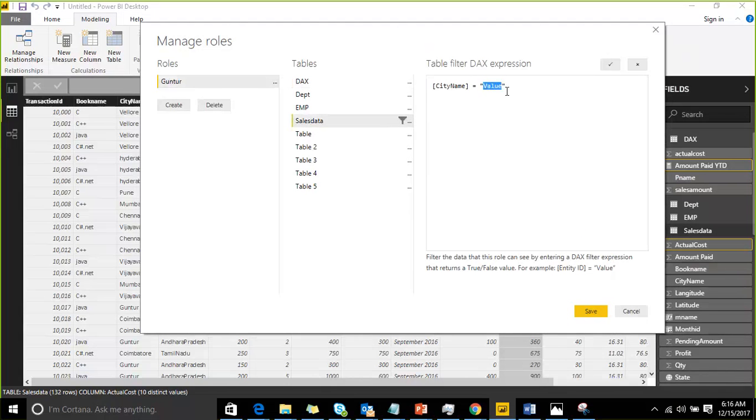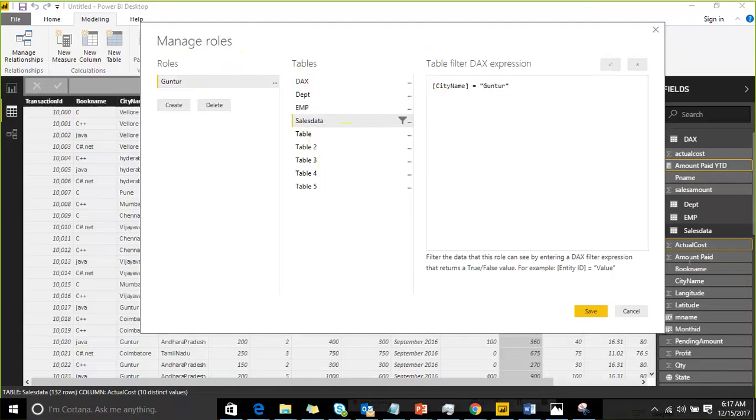We are providing a where condition on the table: Guntur. Click OK. What this means is we are creating a role called Guntur that can see all the tables' information, but in the sales data table it is going to filter the data for Guntur.